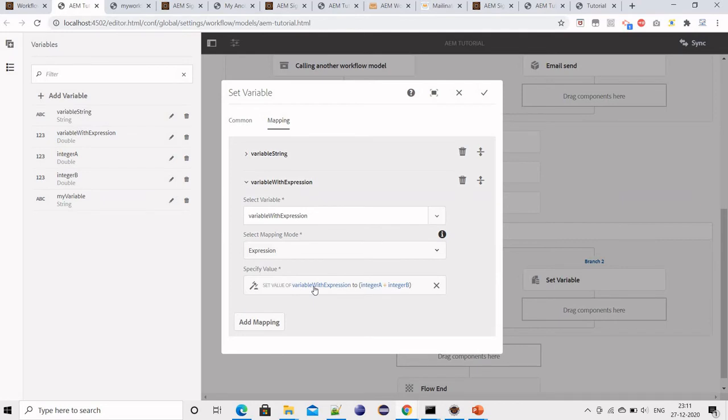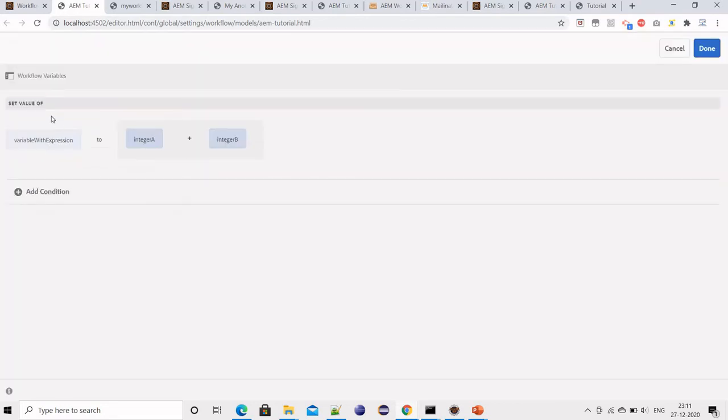And then how I have added the value. This will come out of the box. I just want to add integer a plus integer b, and then the value should be assigned to expression.